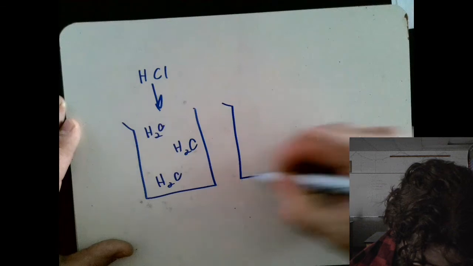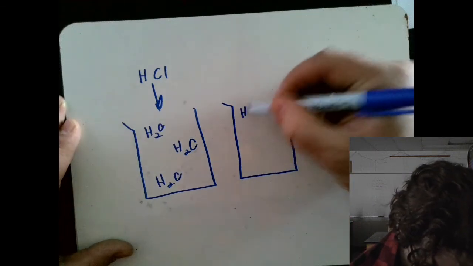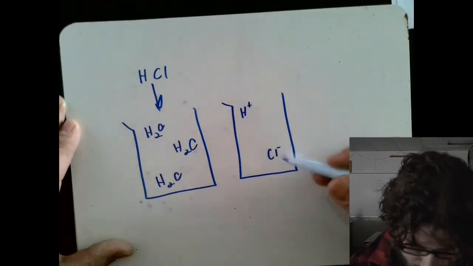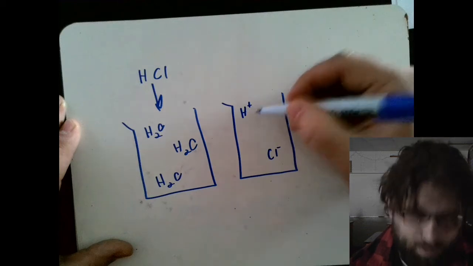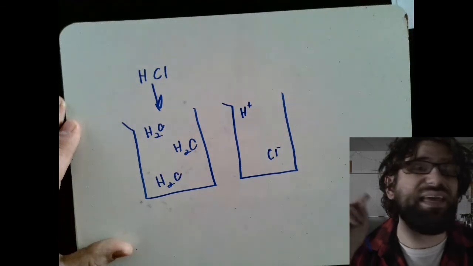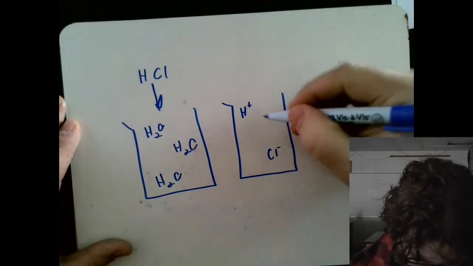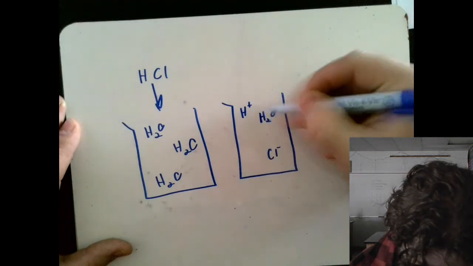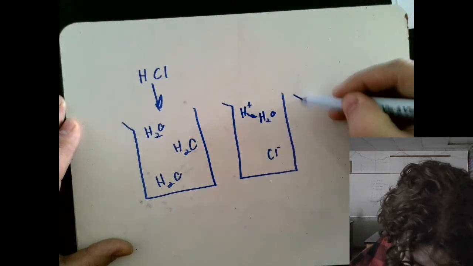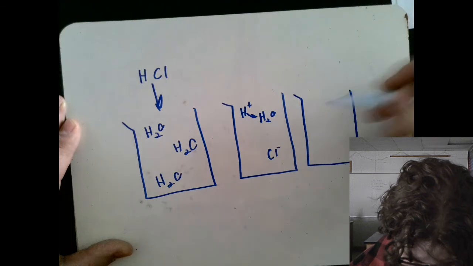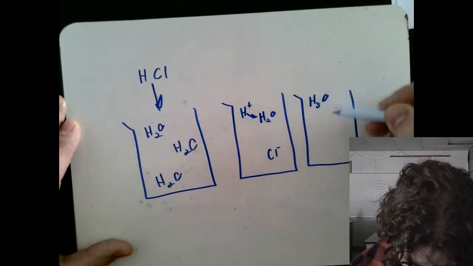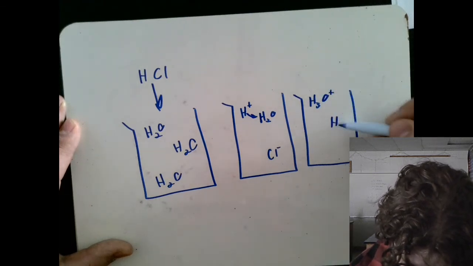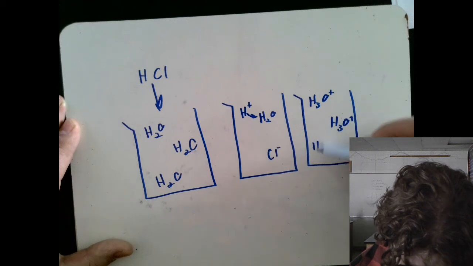Let's draw another beaker. I'm going to have H plus here, Cl minus here, and this H plus is going to get plucked up quickly, instantly, by a water molecule. So it's going to grab it there, and then what I'm really going to have is H3O plus, H3O plus,